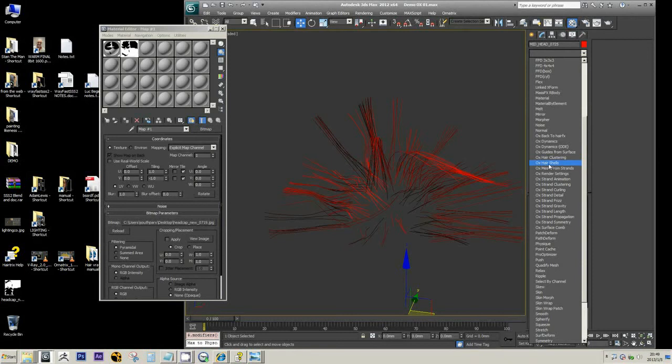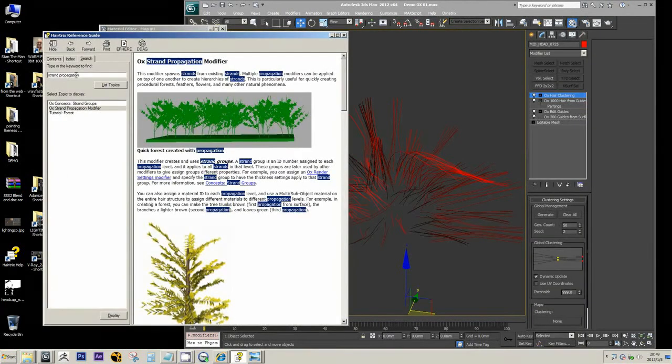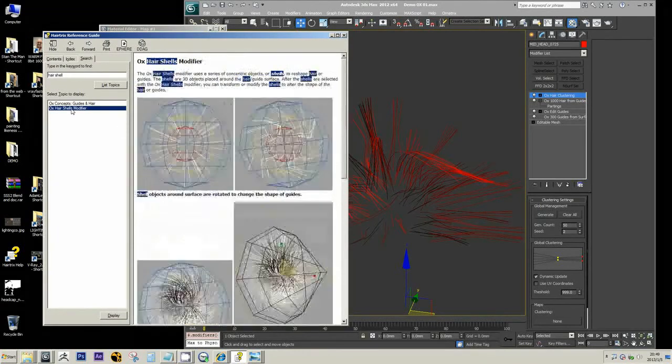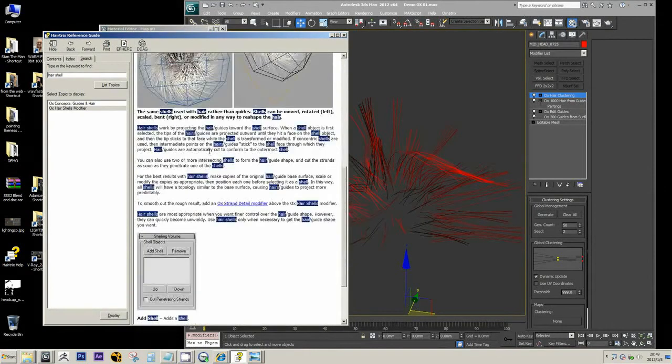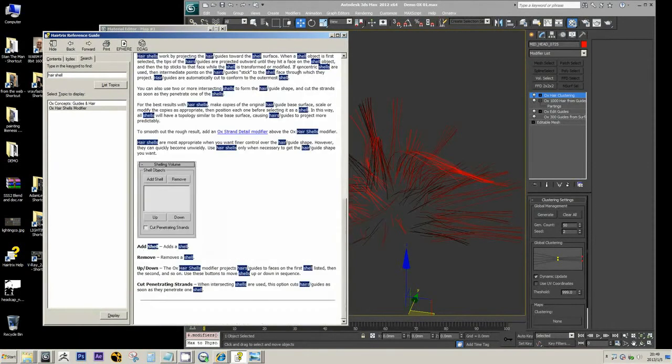Let's next move on to the next modifier, hair shell. I didn't use this one. You can read the manual. It has something very interesting. Let's just see. If I can double click, try to read this. I didn't use it, but